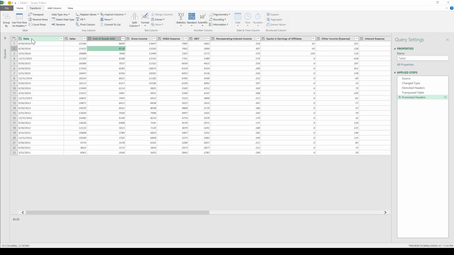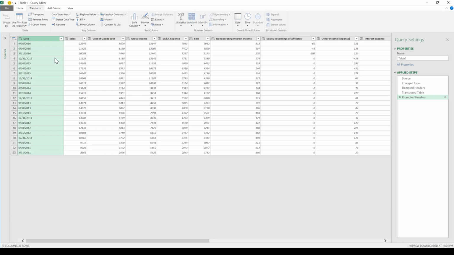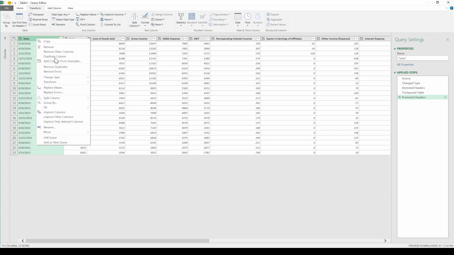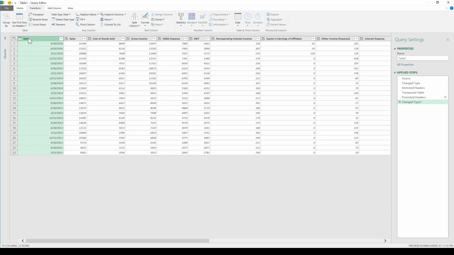So if you wanted to change the data type, you would have to click the column and right click, and another dialog box will show up. Then go to Change Type and select Date. And do you see the change that has just been done? The icon has changed to a calendar. It means that the date is now correctly recognized as date data.